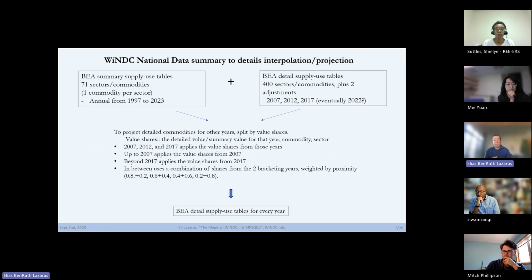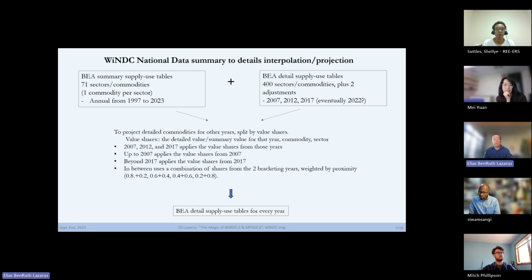And it also does that thing I just mentioned, which is to take the detailed level sectors and the data from that and use that, in combination with the summary, to get annual detail, in case you might want that, which is actually one of the things I use in this example. So